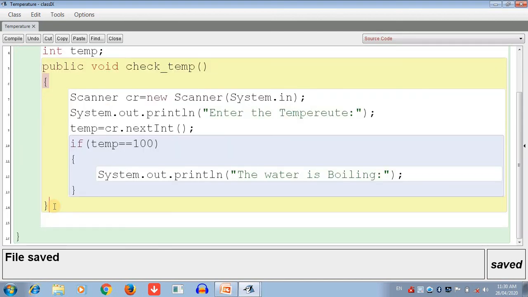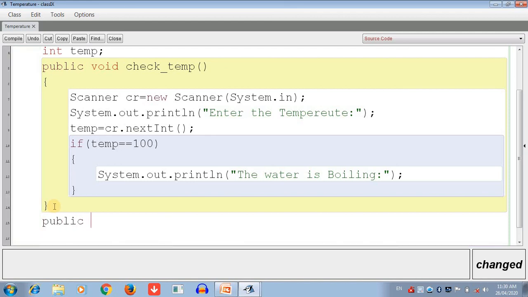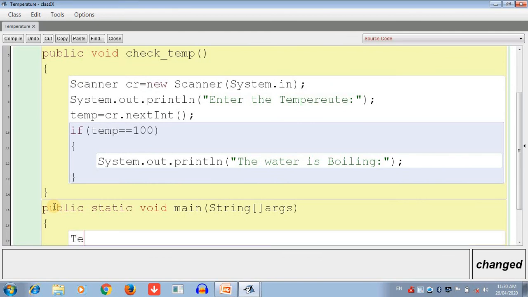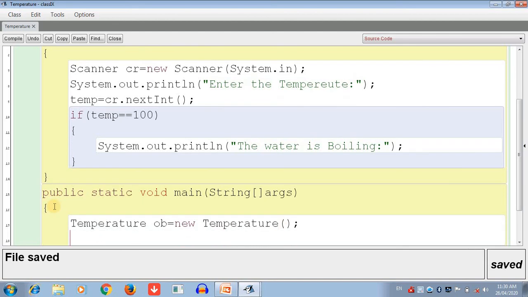So now students, we are going to declare a main function outside the checktemp method. So how to declare a main function? Public static void main String args, then write here Temperature ob equals new Temperature. That is a statement to create an object of the class using the new keyword, and ob dot calls a method.